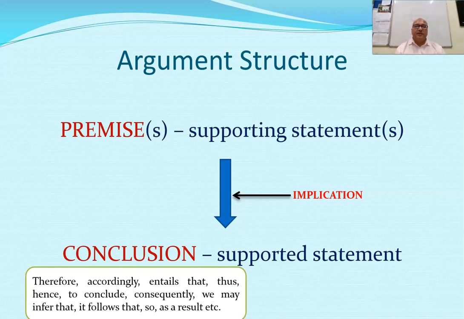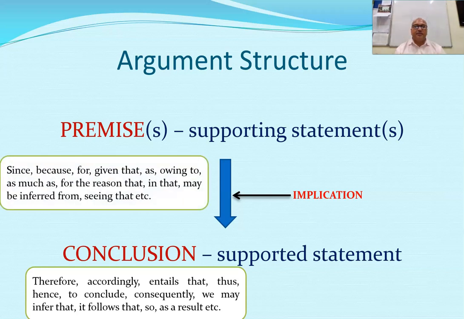In the case where there is no conclusion marker, we go for premise markers. There are certain examples of premise markers. Wherever you find the occurrence of these expressions, you can take it that the statements containing these expressions